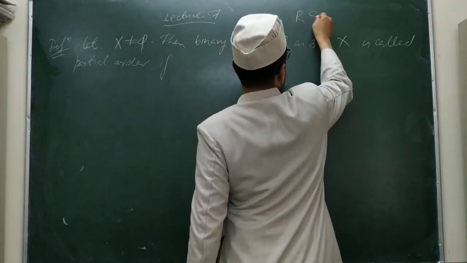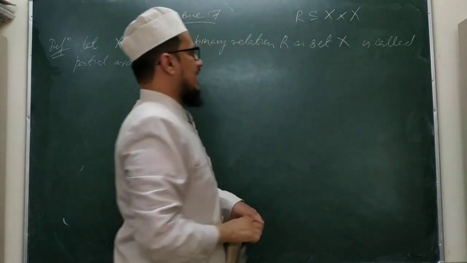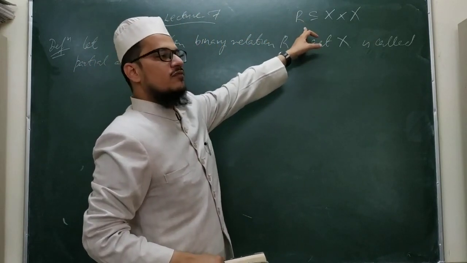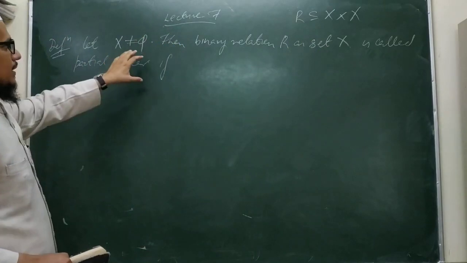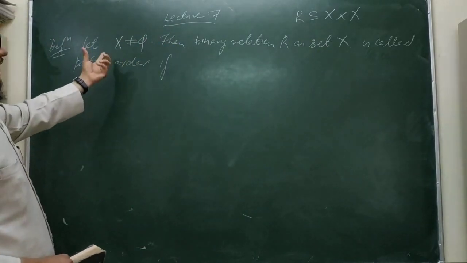R is a subset of X cross X. We say that R is a binary relation on a set X if R is a subset of X cross X, correct? Then we say that this binary relation is a partial order on set X